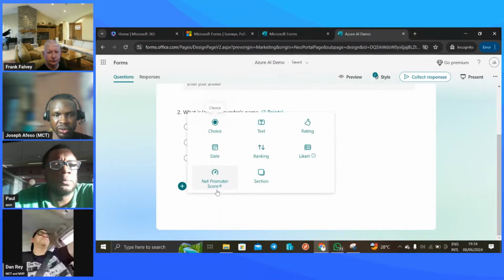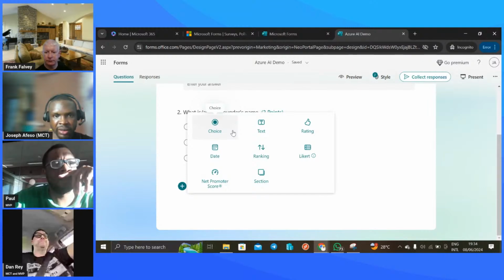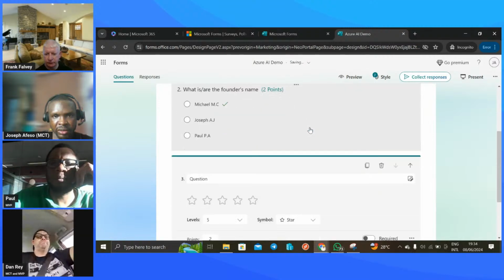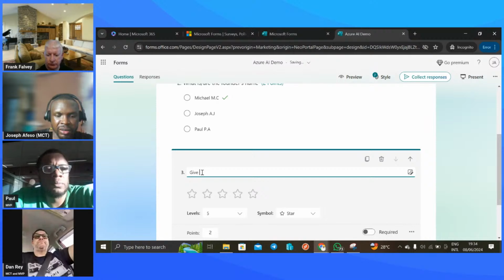For the next one, I must emphasize that this form is not paid, it's free, tied to your account just because you have a Microsoft account, and I think this is very wonderful. So we've done text, and then the next one is rating. For this, we actually give feedback